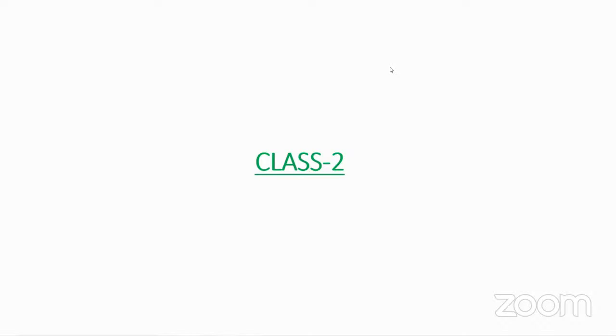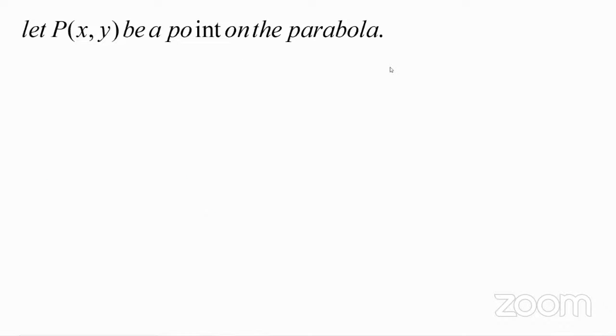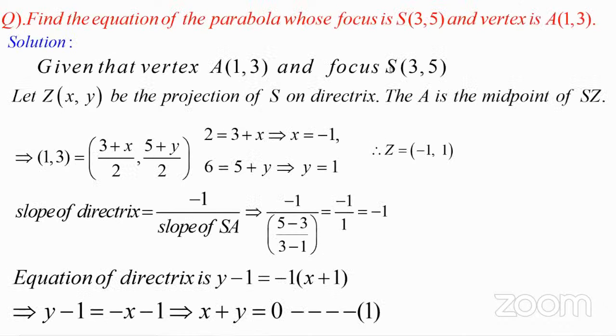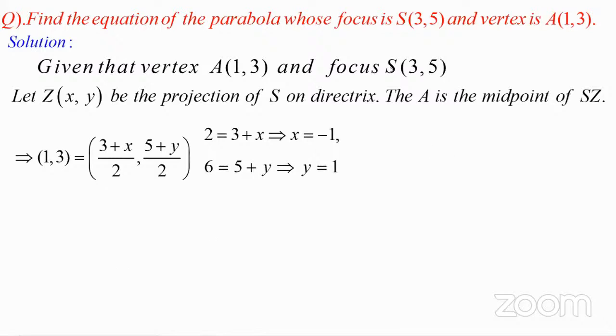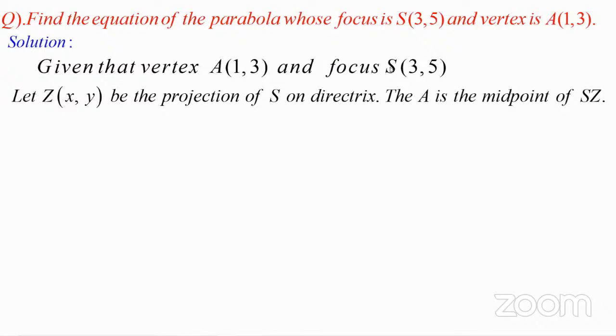In this class, we can discuss the various forms of the parabola. Before that, we left a problem in the previous class. Find the equation of the parabola whose focus is S(3, 5) and the vertex A(1, 3). Given that vertex is (1, 3) and focus S is (3, 5), and let Z be